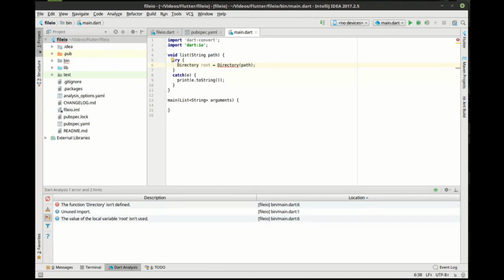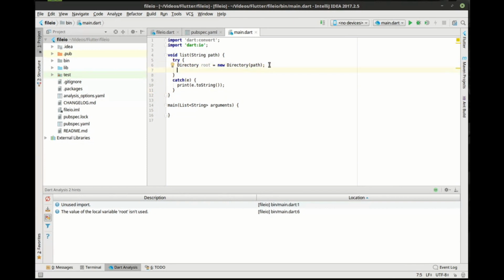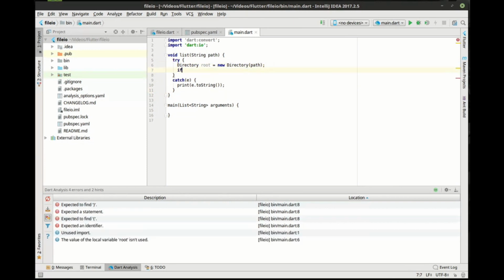All right, so what we've got here is a directory object, and we're just going to make a new directory object based off the path. Then we're going to say,